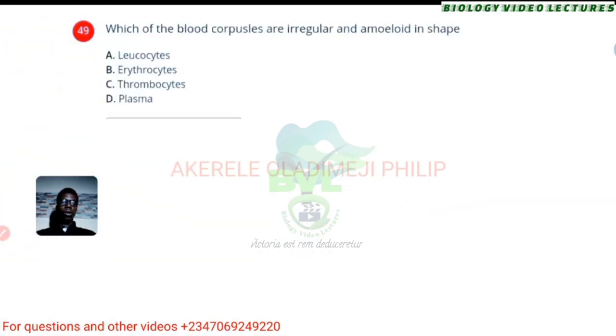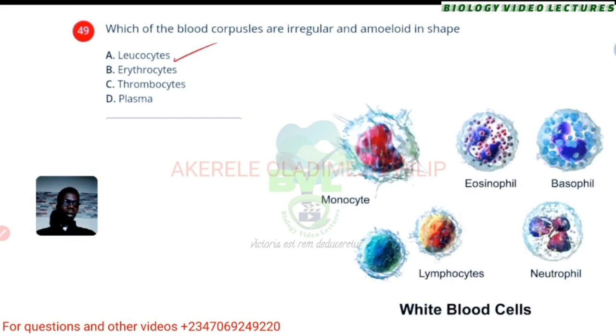Which of the blood corpuscles are irregular and amoeboid in shape? We have leukocytes, erythrocytes, thrombocytes, and plasma. Well, the category that could be irregular in shape will be your leukocytes, the white blood cells, really. When you say amoeboid, they can actually assume some sort of